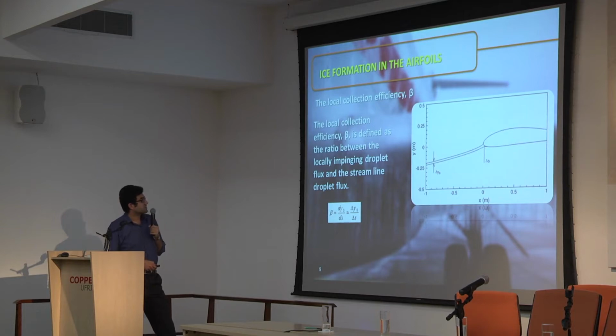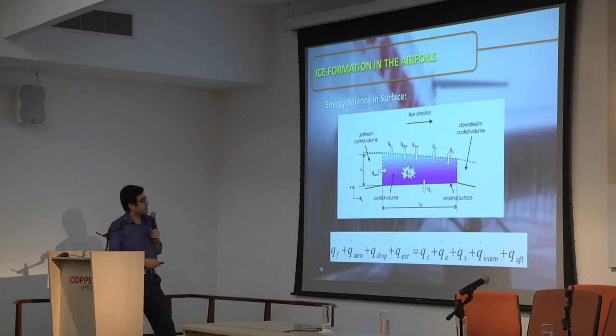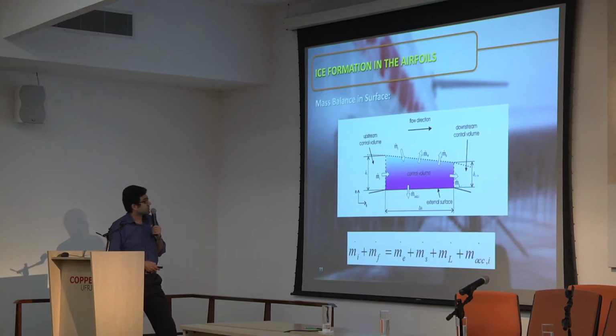So one of the most important parameters for ice formation is beta, the local collection efficiency that I show here, as we know the relation of beta. And this is the energy balance on the surface of the airfoil. And the second one is the mass balance on the surface. In the other terms we have the mass of ice, the mass of the fluid, and another part that can evaporate,